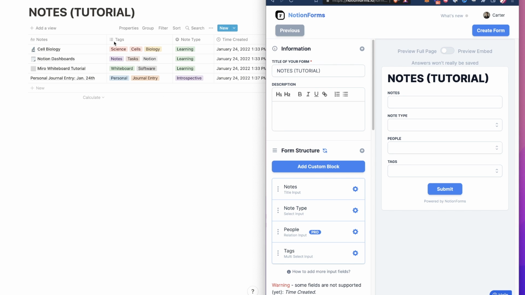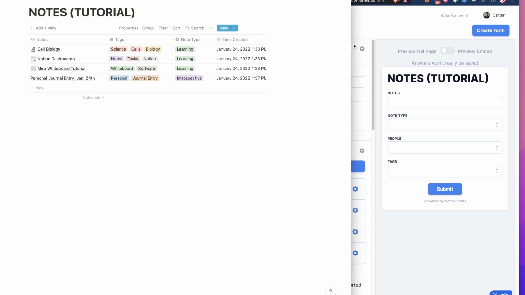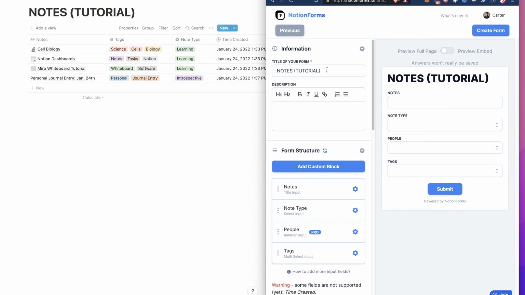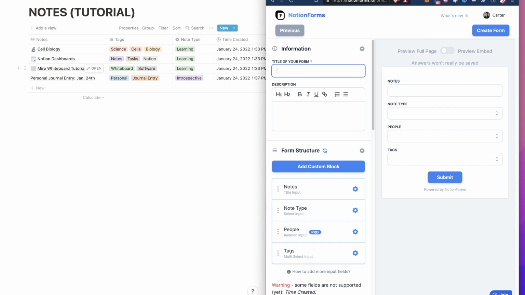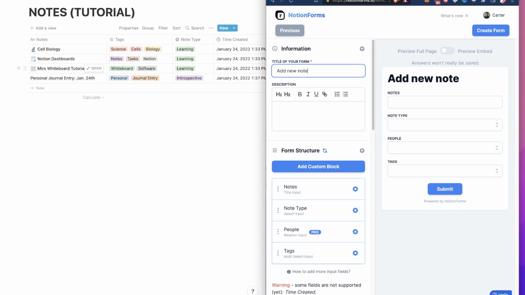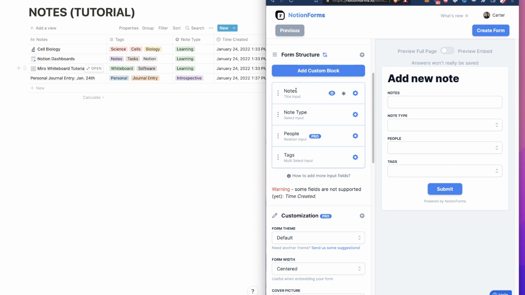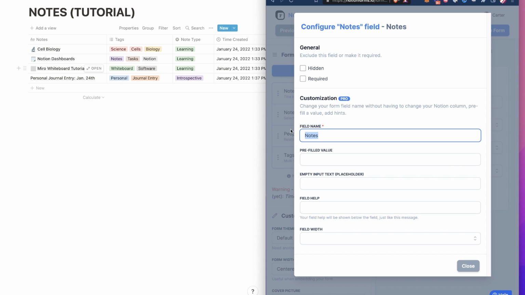Then we have tags mapping to tags, and people mapping to the people column right here. You can give this a nicer name, so let's just call it add new note. And here we can organize this and we can give these fields names. So let's just name this one